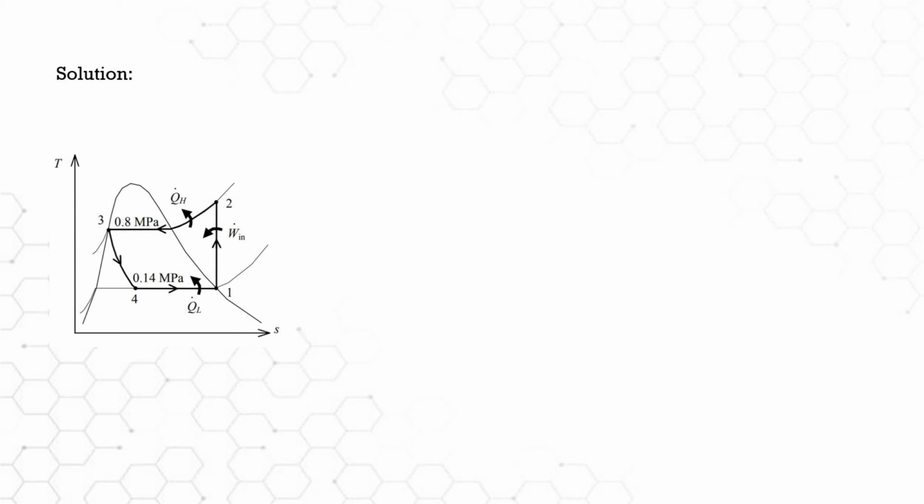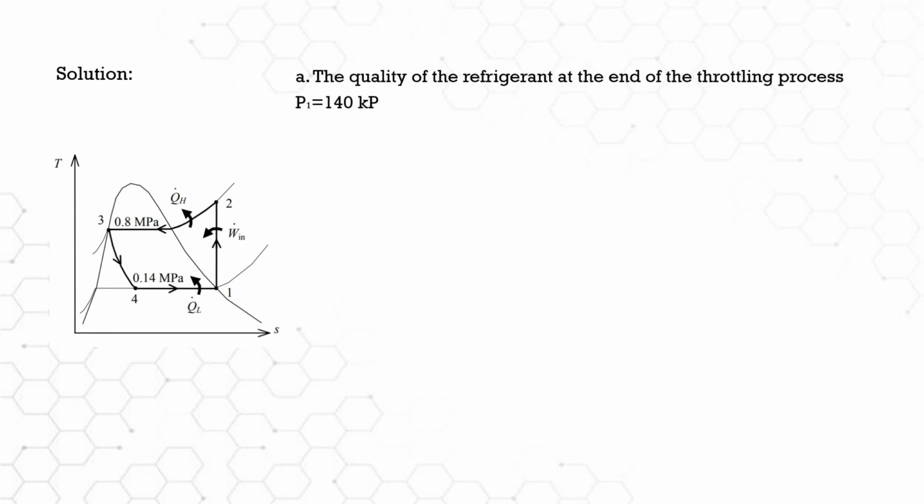At state 2, the refrigerant enters the condenser as superheated vapor and leaves as saturated liquid at state 3 as a result of heat rejection to the surroundings, while in state 4, the refrigerant enters the evaporator as a low-quality saturated mixture. From the refrigerant tables, Table A-12 in our property table, we have saturated vapor at 140 kilopascals,